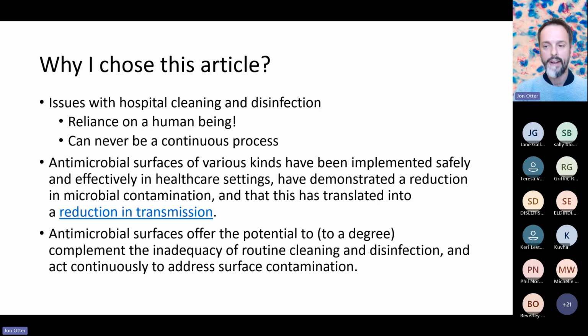And that's because we now have really good evidence that the contaminated environment contributes to transmission. There is now no doubt in my mind that it is a really big and underrated driver for the transmission of all sorts of key pathogens that we're most concerned about: MRSA, VRE, Acinetobacter, C. diff especially, CPE and other resistant gram-negative. The environment is a really important cofactor in transmission.